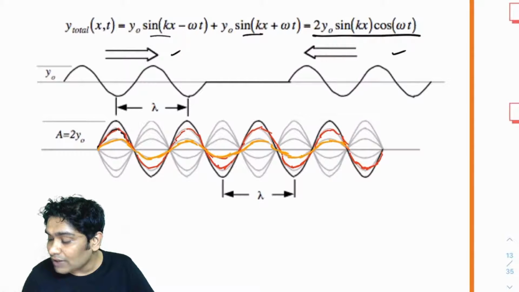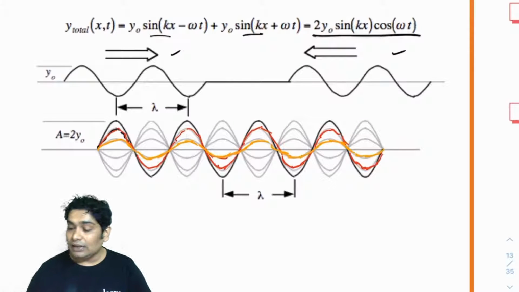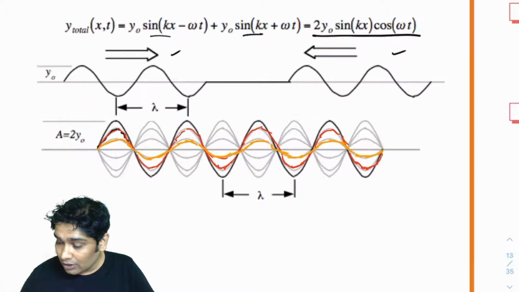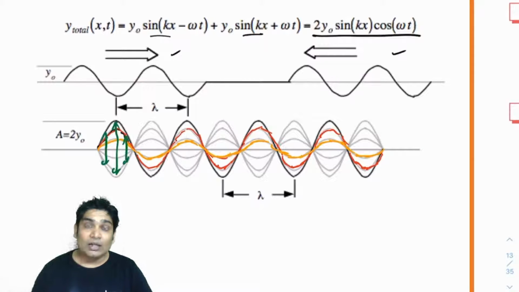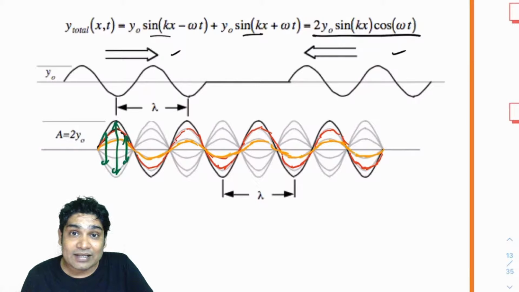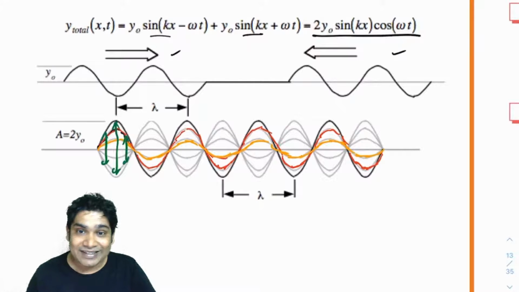Now you will notice at this point, what is happening is that these guys would be vibrating like this. These guys would be vibrating like this. These guys would be vibrating like this. So all the parts of the string are vibrating about their mean position, but what you realize is that here every particle is vibrating with a different amplitude. All right. So we will talk about this later also.